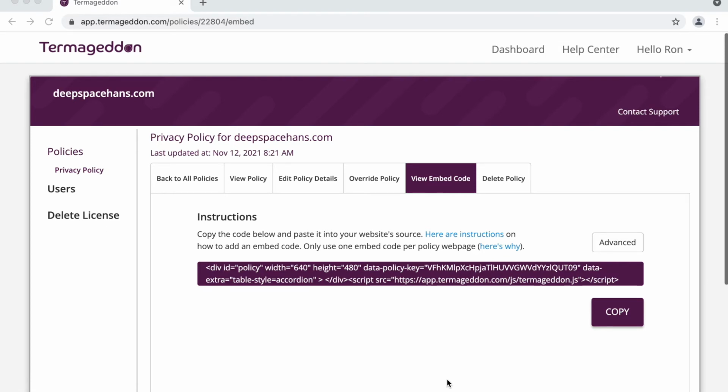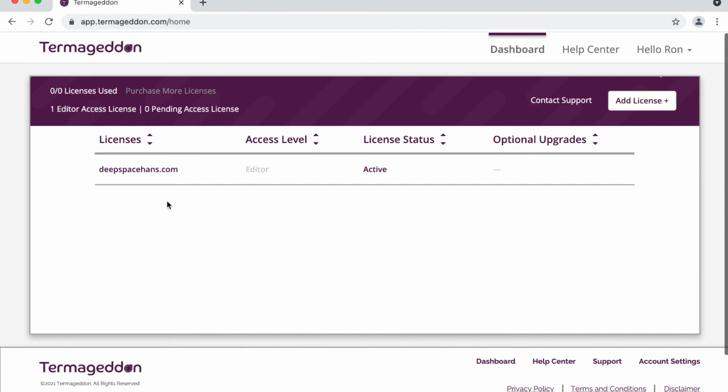In this section of the tutorial, we will be creating a terms of service. Now, users may be at different parts of our dashboard. Perhaps you just followed this tutorial and completed creating your privacy policy. Technically, you can just go to policies on the left-hand side and be brought to the same location I'm going to bring all users to, but for the sake of simplicity for us all, I'm going to say go ahead and click Dashboard at the top, and under Licenses, click your license,